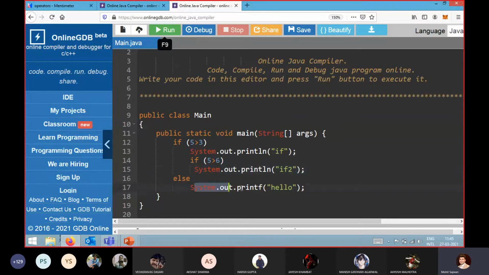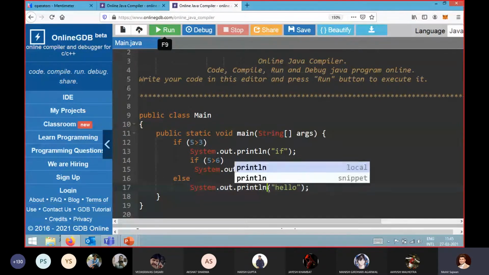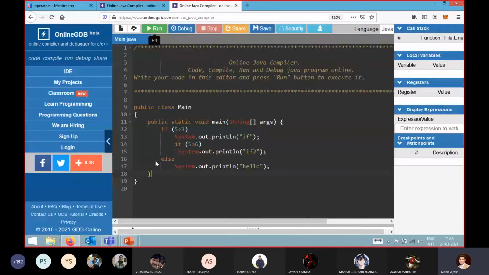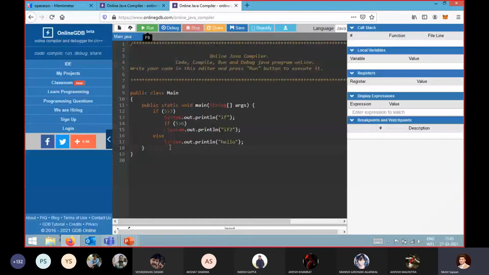Else, System.out.println, you can call it println, as "hello". Now if we are going to execute this code, what output will we get? Whether we will get an error or what will be the output in this case.